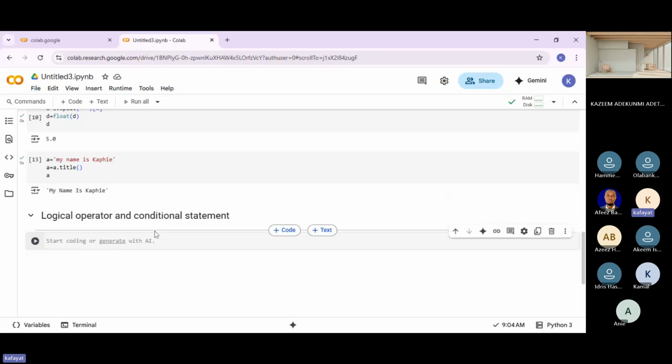For every programming language, there is always logical operators, and for every programming language, we also have conditional statements.